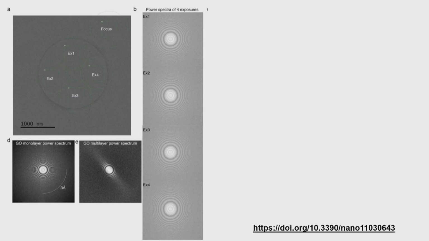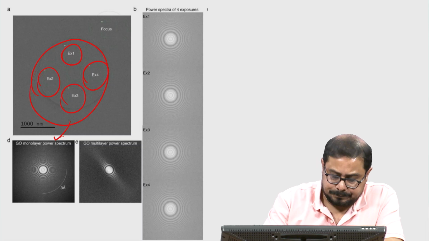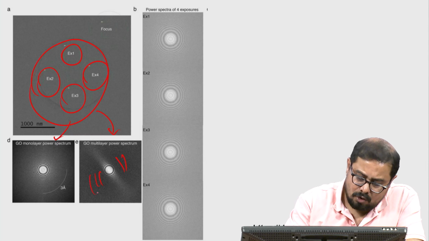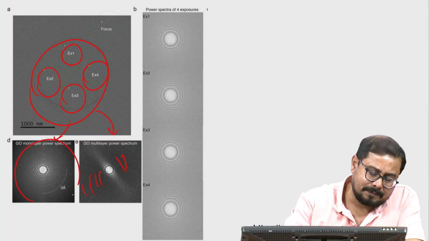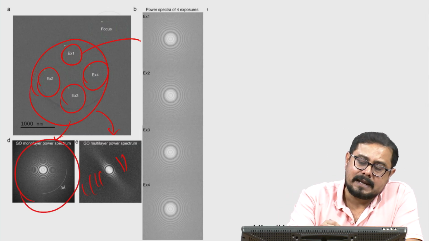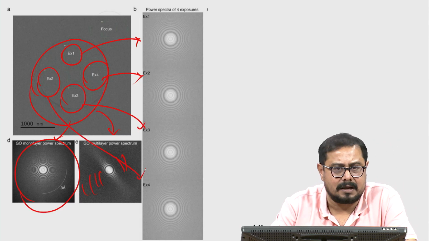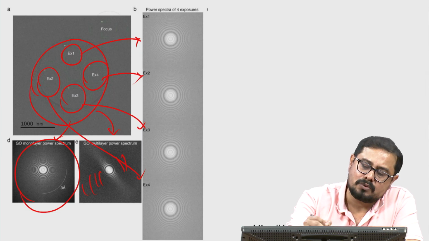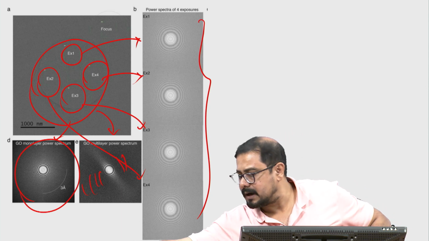Now as I mentioned in the previous slide, this is one hole and it is very stable, and that is why we are giving 4 different exposures, and then we are measuring the power spectrum of that. If there is a multilayer, you can see there are missing Thon rings, and when there is a monolayer, you can see nicely distributed Thon rings. We check the power spectrum of all 4 exposures, and in all cases we can see the power spectrum is nicely distributed. So that is basically stabilizing our images.